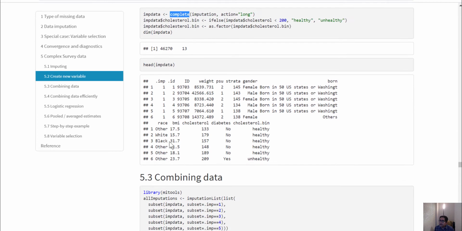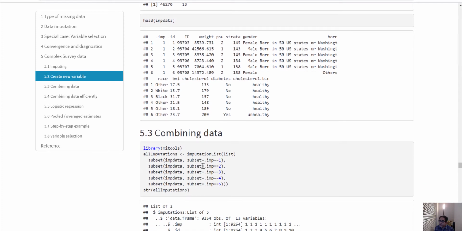Then this is the imputed data that has all of the data at once, but I can separate the data by the imputation index or .imp,